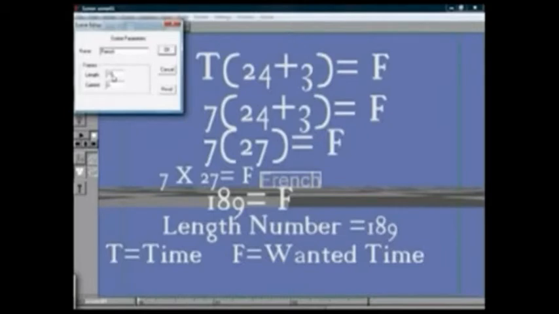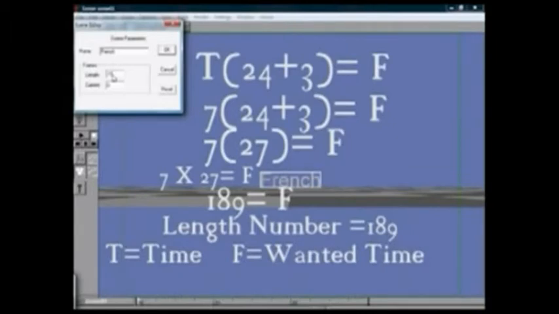In the equation, the t is for time. By time it means the time you want the timeline to end. F is the end length of your time. F could also be called the wanted time. So the answer to this equation is what should go in for the length. Let's use my time for an example.